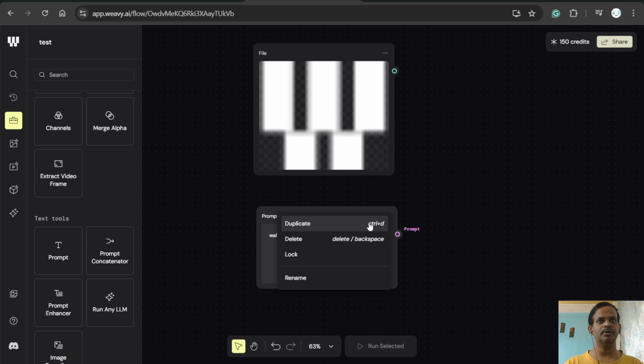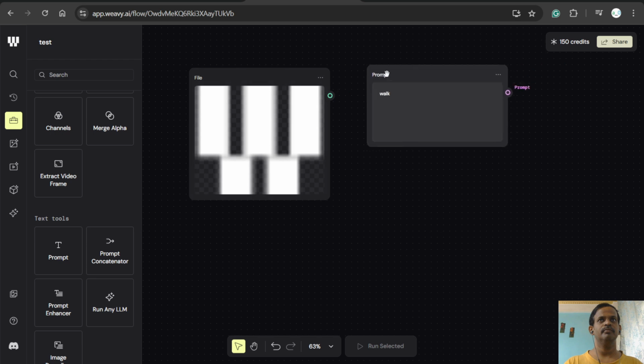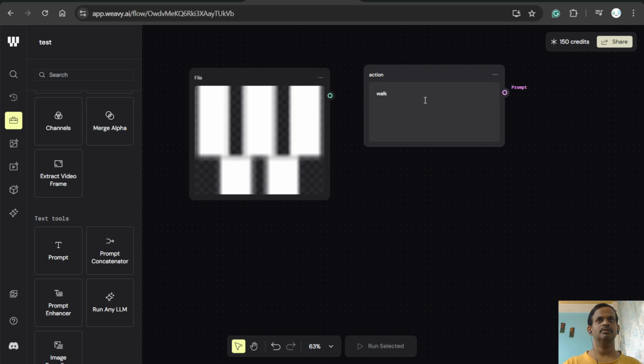Okay, you can name it as well. So those style, color, these are renamed. So I can name it as action walk. Then